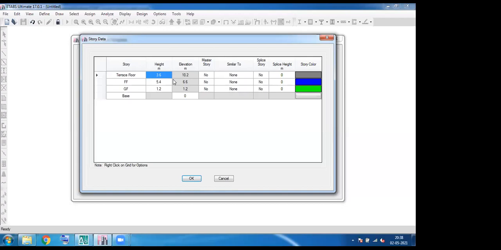So as someone asked in our chat box, for design of a G+30 structure, is ETABS better than STAAD.Pro? As I said earlier, ETABS is always better for an RC structure. ETABS will provide lesser area of steel.